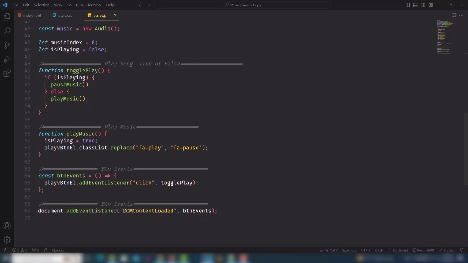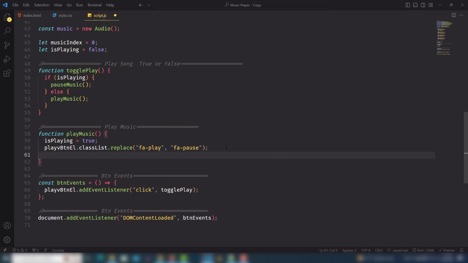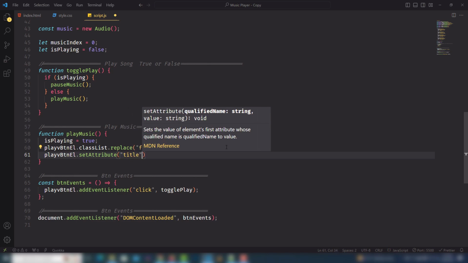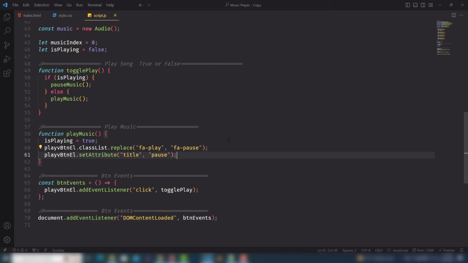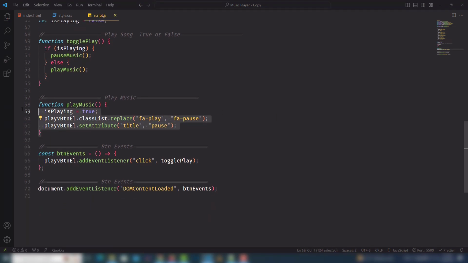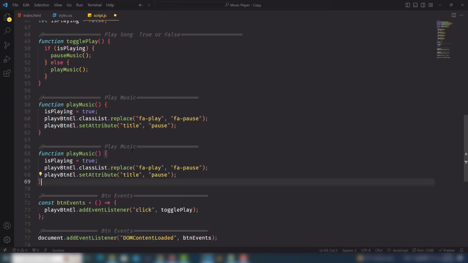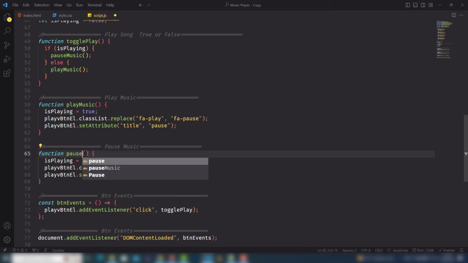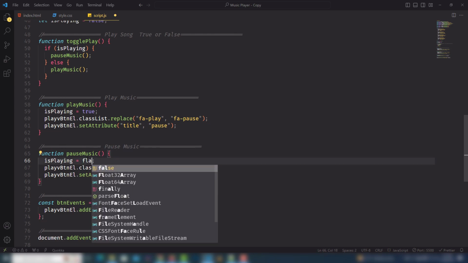So yeah, once we change it, then we need to change the title as well. playBtn dot setAttribute to title, and that is pause, right? And similarly, we can create a function like this one, but we change a few things. This is pauseMusic, and the function is pauseMusic. So the isPlaying is false,